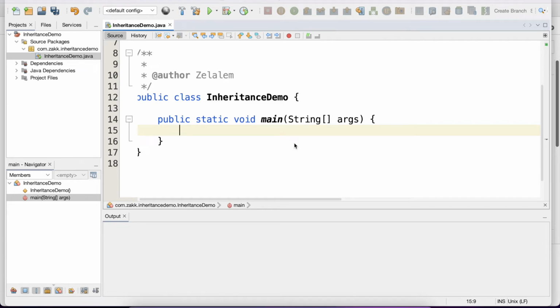Today we will continue our journey on Java programming for beginners, and we will work on demonstrating inheritance in